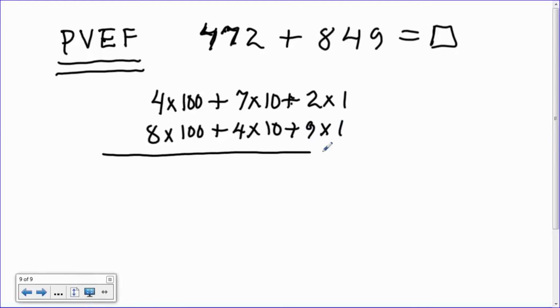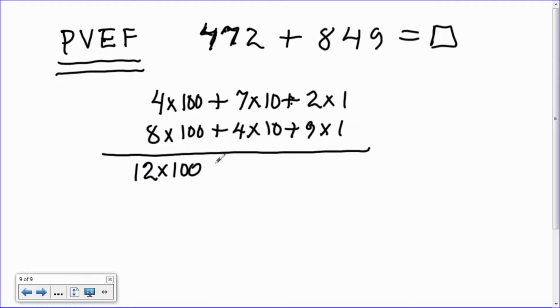And I'm going to add, not in value expanded form, but in place value expanded form. And again, we start not at the right-hand end, but we start at the left-hand end. Because why? That's what our kindergarten and first grade teachers are coaching our kids to do, and we don't want to change the plan for them. So we're starting at the left-hand end. So this means 4 100s and 8 100s is